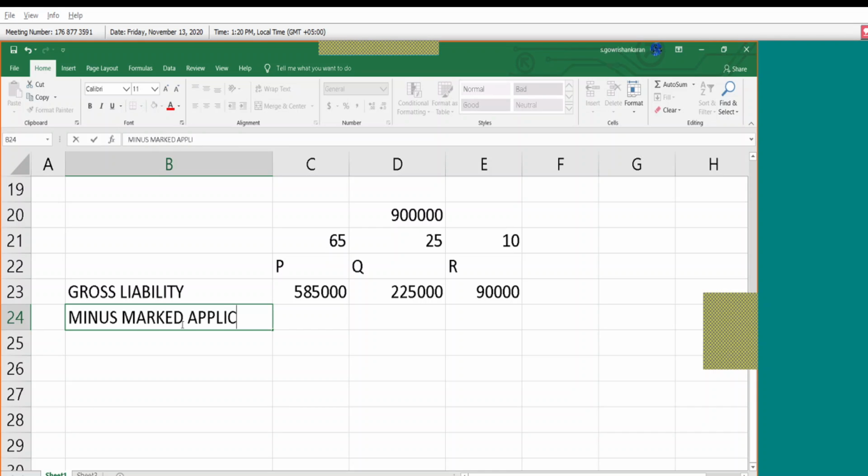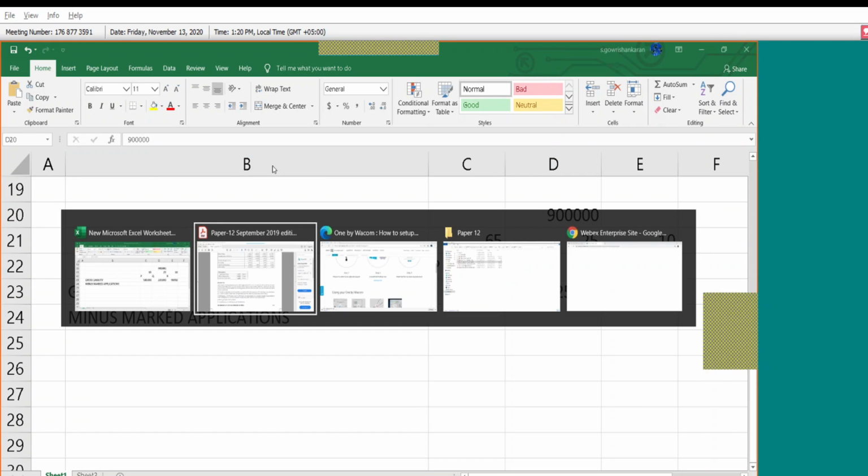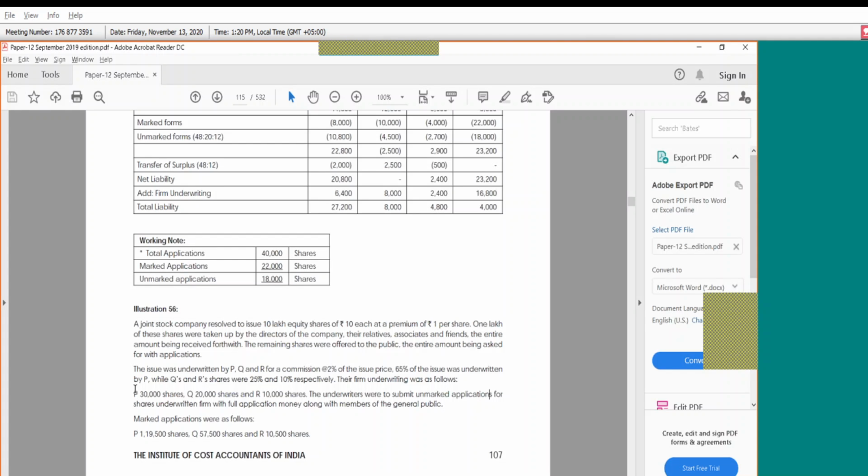That we will deduct first. Why? Because firm underwriting is included in the unmarked application. That is what the question says. Refer here. P 30,000 shares, Q 20,000 shares, R 10,000 shares. Underwriters were to submit